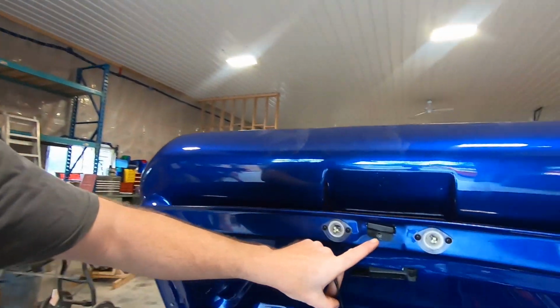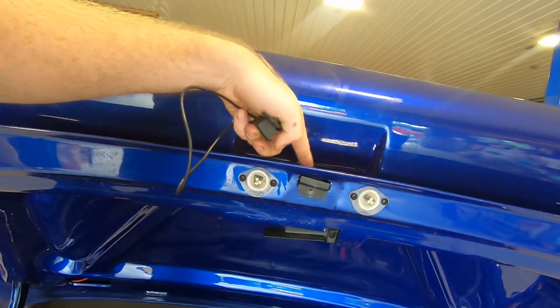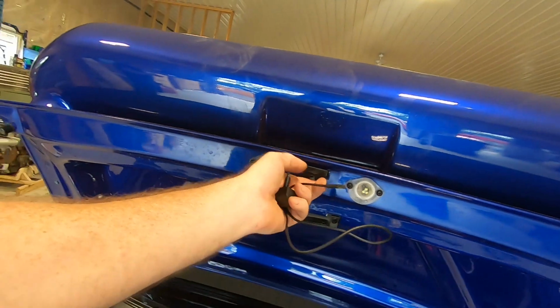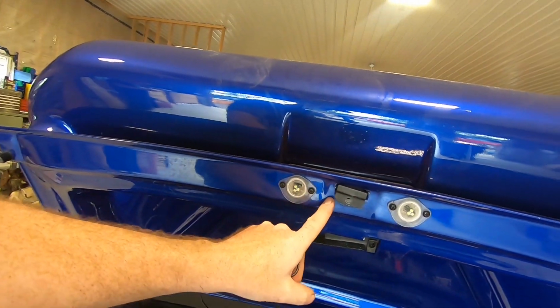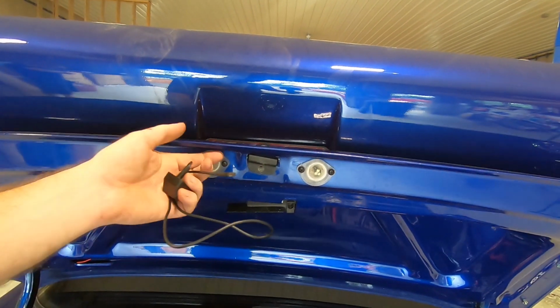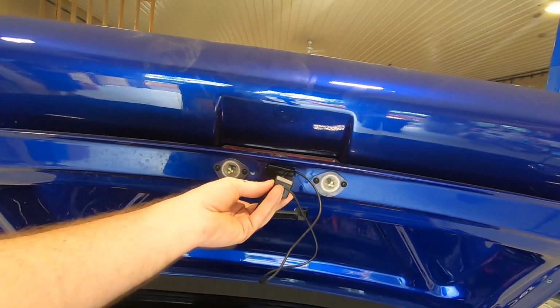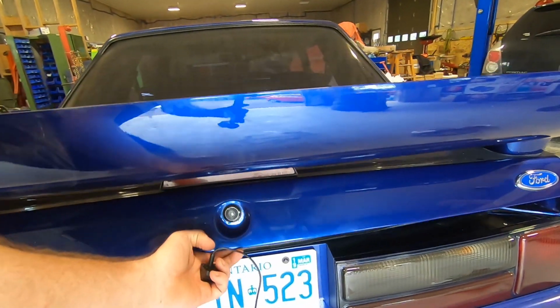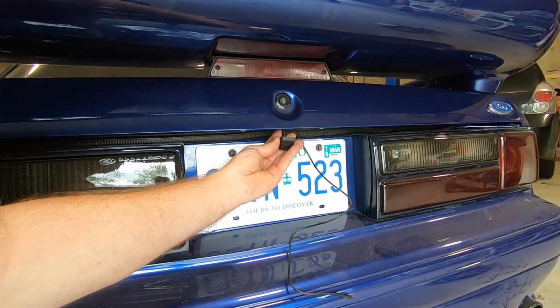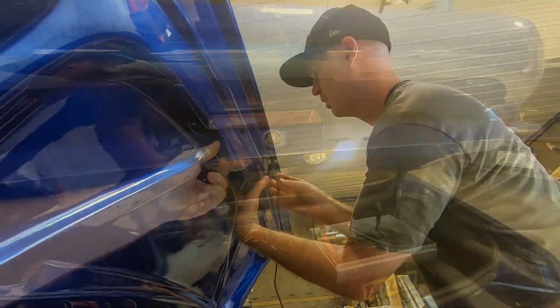And we've decided to go ahead and use this factory part of the trunk lock plate, and we drilled straight through that and through the fiberglass, as this is a fiberglass trunk lid. So we have a nice hole here, and we're going to pass the cable through, and this camera is going to sit nice and flush here, which will give us the perfect angle from the underside here. Obviously, once that's mounted nice and flush,